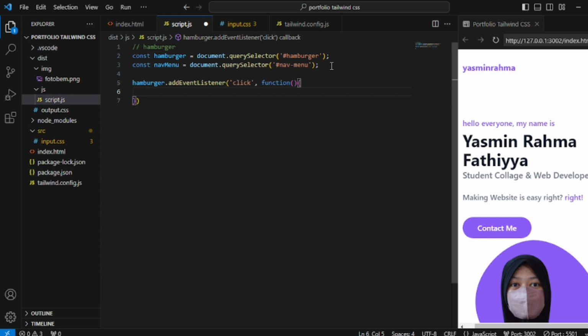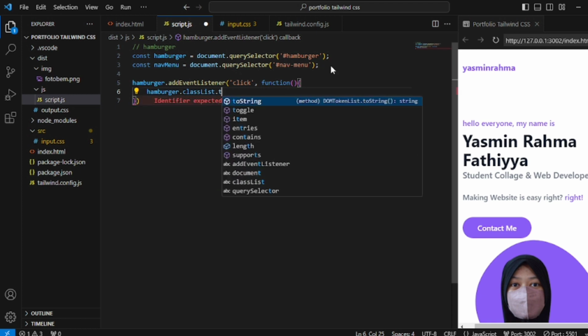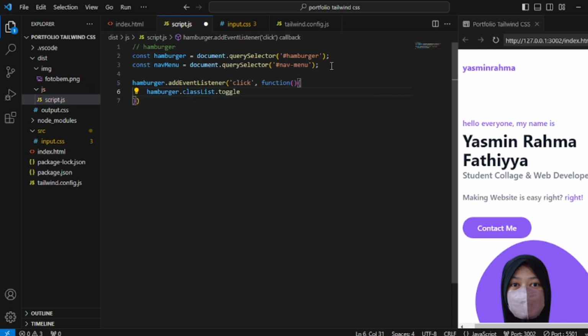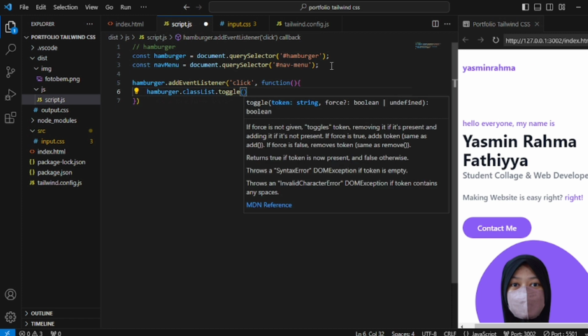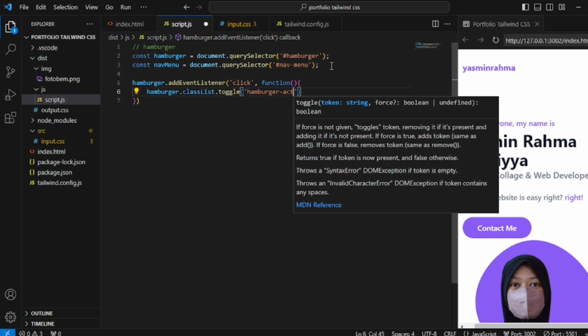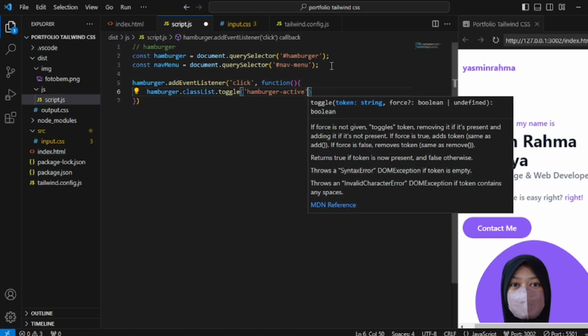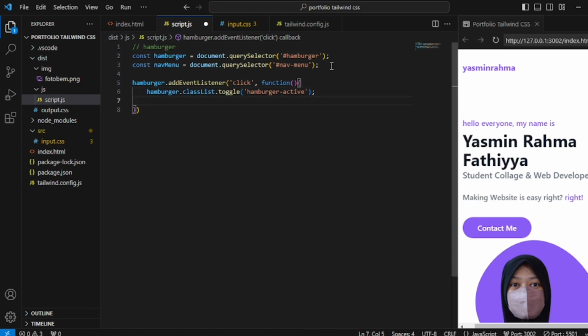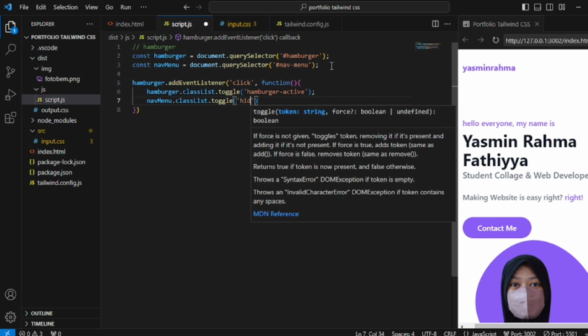I'm gonna do hamburger dot class list, and dot toggle, hamburger active like this. And then for the nav menu dot class list, then dot toggle, and it's hidden